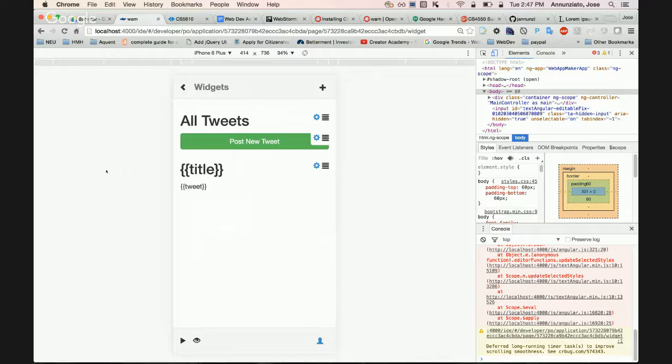So let me just talk a little bit about the architecture of the application, which is somewhat the same architecture that we're all going to be implementing.